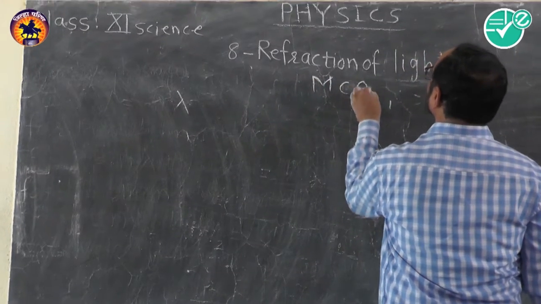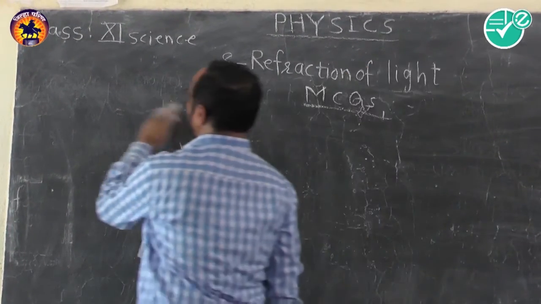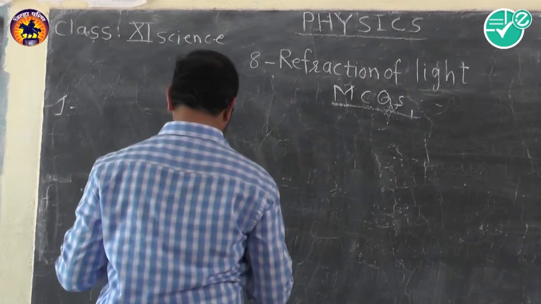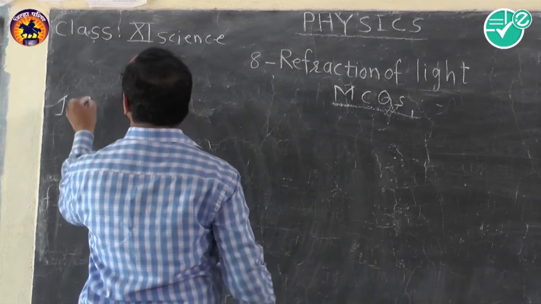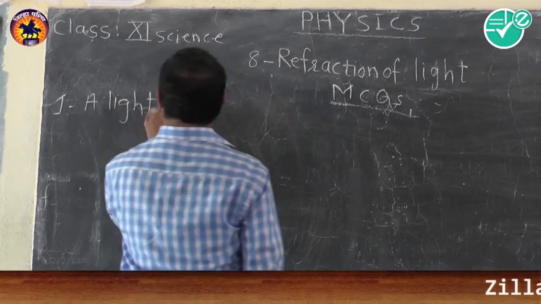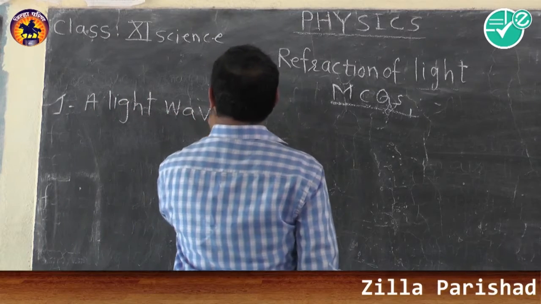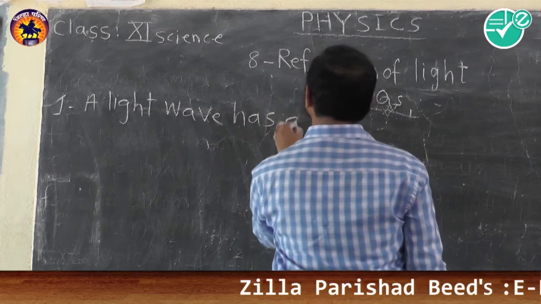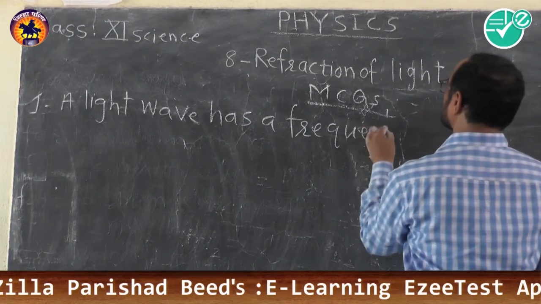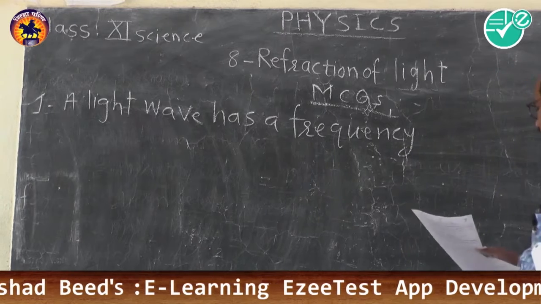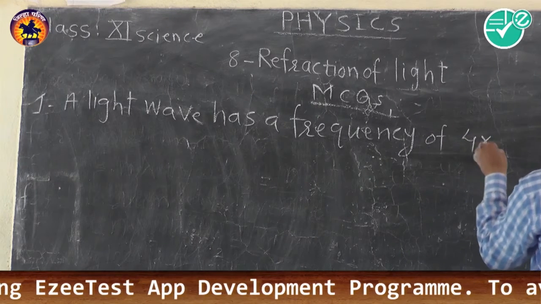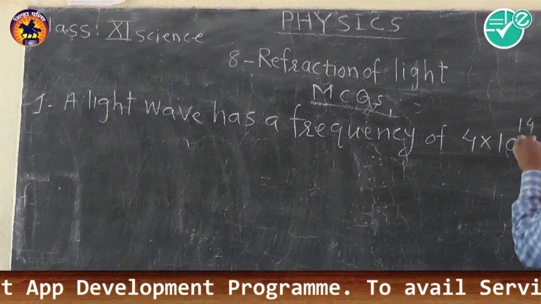MCQ. The question is: a light wave has a frequency of 4 into 10 to the power 14 hertz